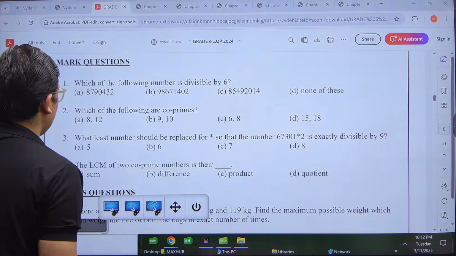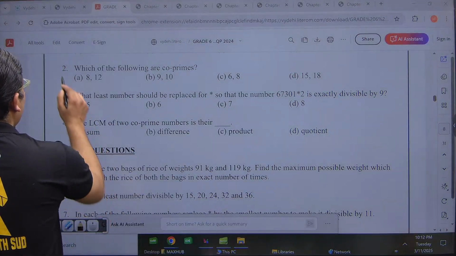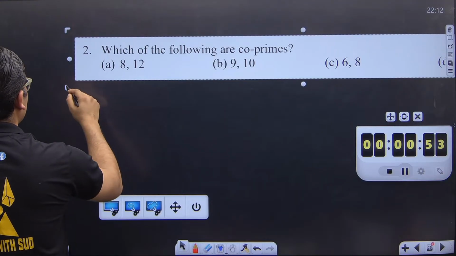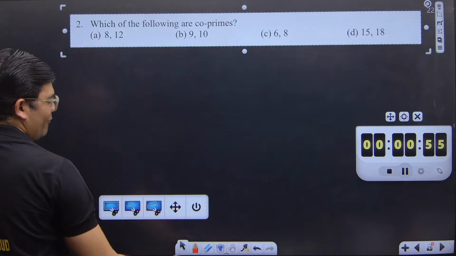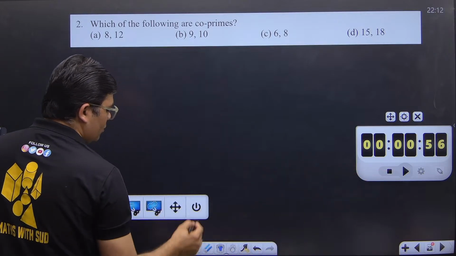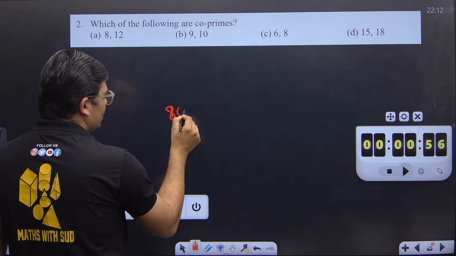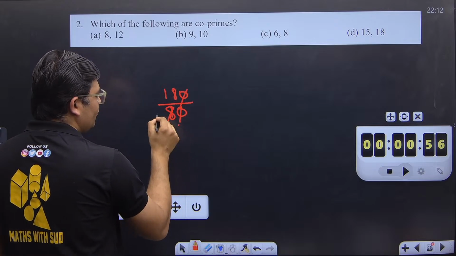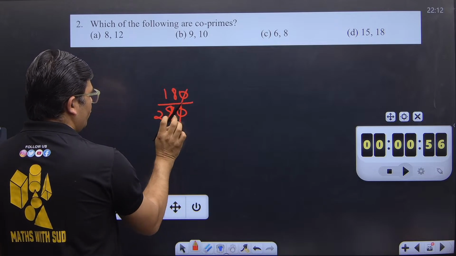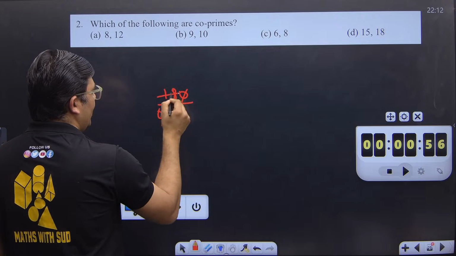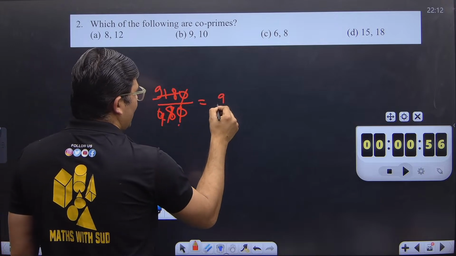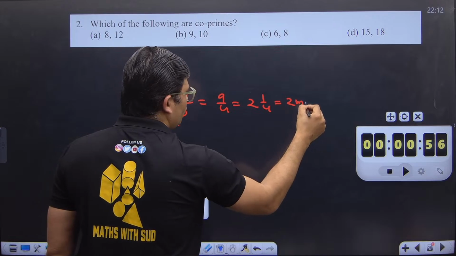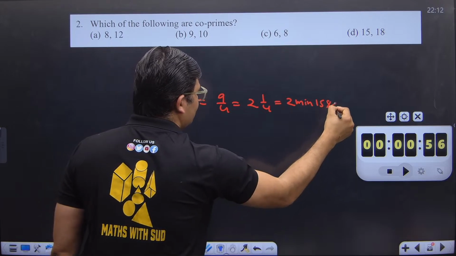Next question. Which of the following are co-primes? It is not 1 minute, my dear, it is 2 minutes, because you've been given 3 hours for the test. Let me show you. For 80 marks, you have got 180 minutes. So you cancel 2 into 4 and 2 into 9. So 9 by 4 is actually 2 and 1 by 4, which means 2 minutes 15 seconds